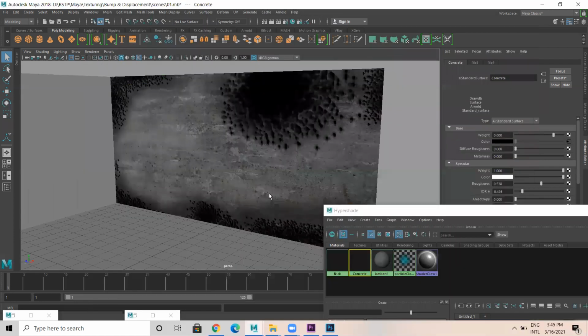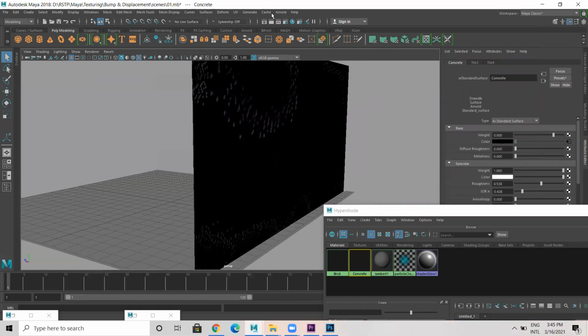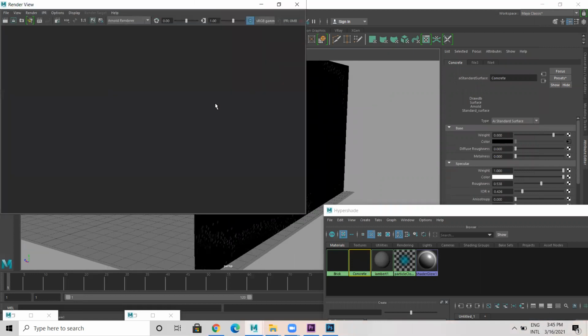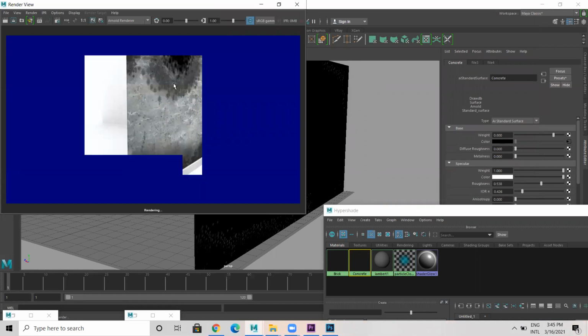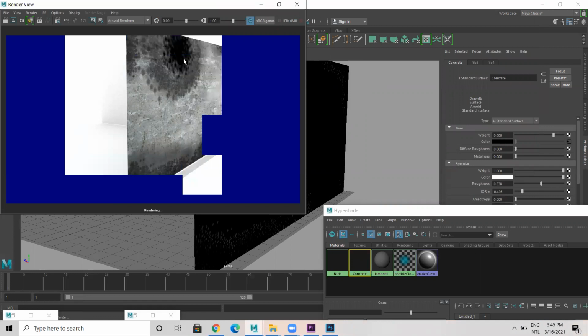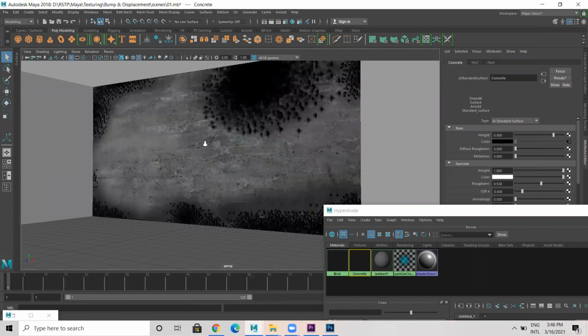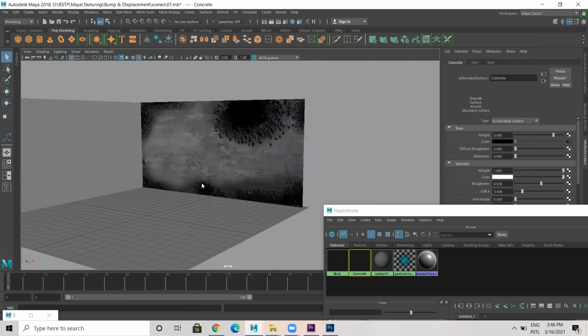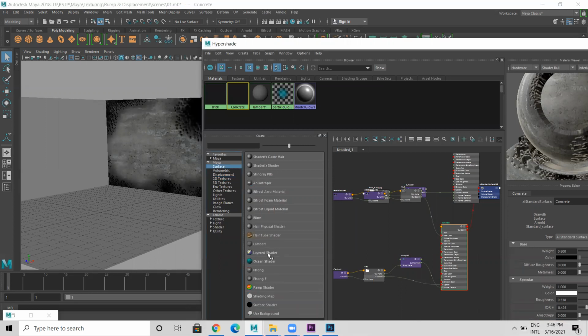So normally when I take a render from Maya, what you do next, go to Maya surface. You have layered shader here.